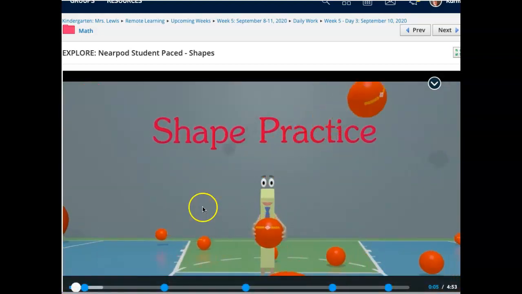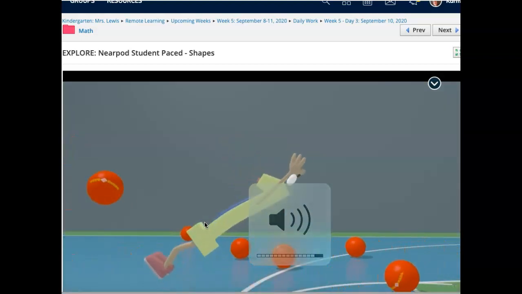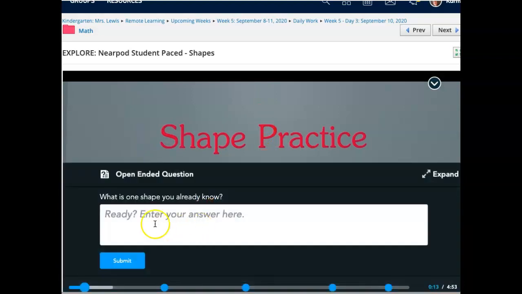Hey kids, welcome to shape practice. Whoa. What is one shape you already know? Think in those smart brains about some of the shapes that we have already practiced. One that comes to my mind is circle. So I'm going to type in circle,